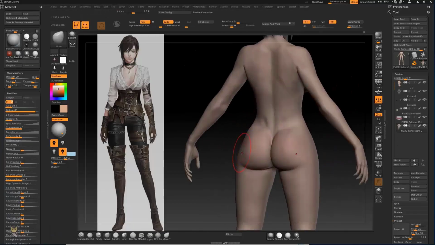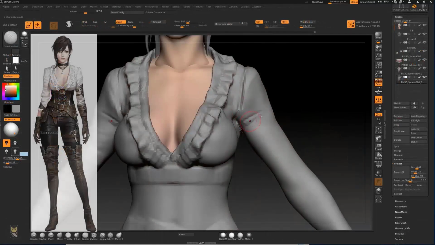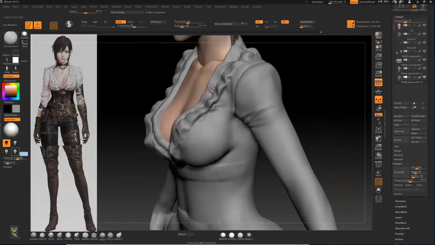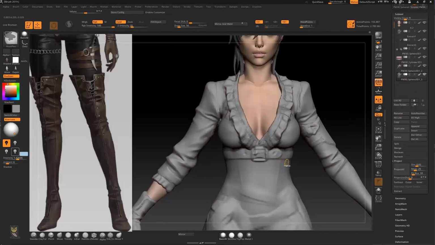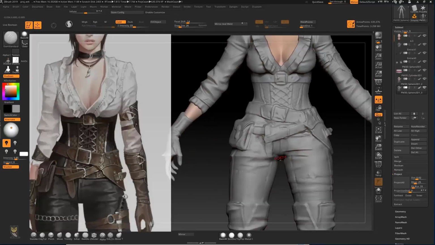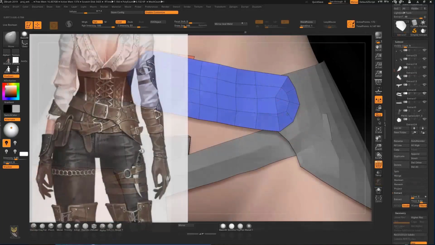After we are done with our female body, we'll start making the 3D sketch of the model to get the correct placement of all our accessories and clothes. This is a pretty important stage, in the end of which we'll have a pretty good idea how our model will look when it's finished.